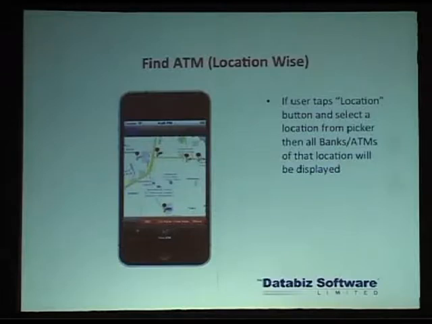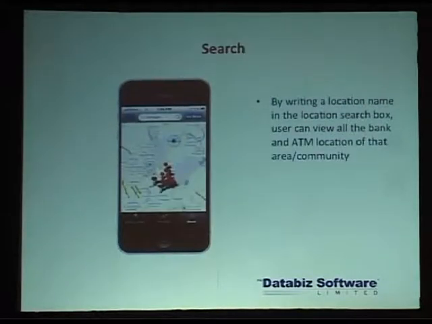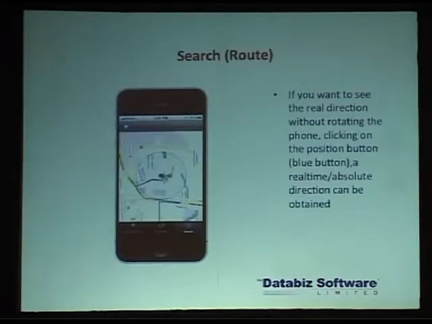I've already told you that you select the location from the picker, and then this is the result of the picking. And to the next screen, you can also write a location name on your own, and you can see the branches nearby you. And the last screen, which I was mentioning about, that if you